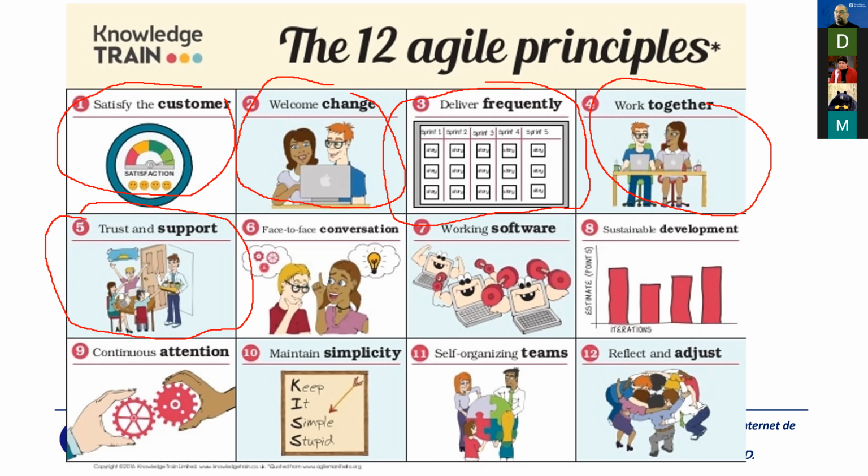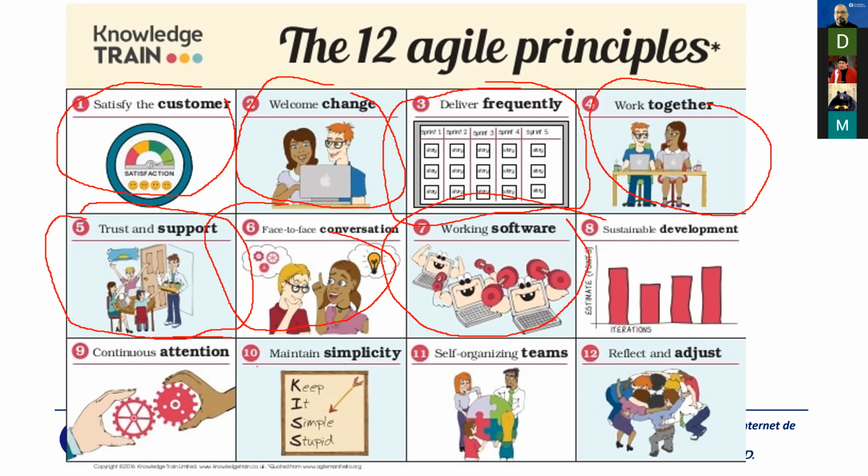We have one slide that says Agile does not work if you are only involved. You need to be committed. The customer needs to be committed to the solution. If you are only involved, it doesn't work. Face-to-face conversation, working software. You need to develop working software. It's not that I develop part of it. I have documentation here showing that, for example, in Agile meetings,